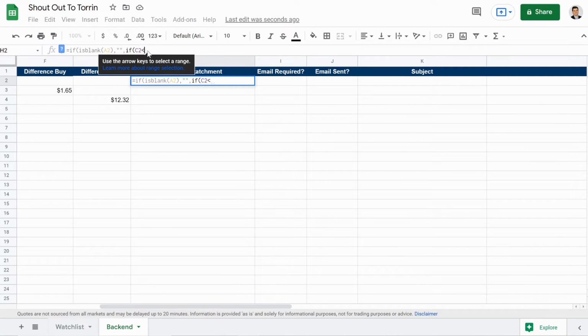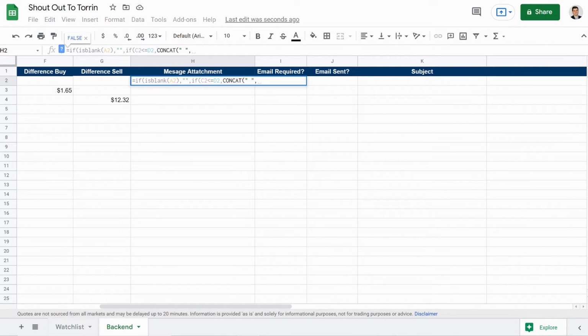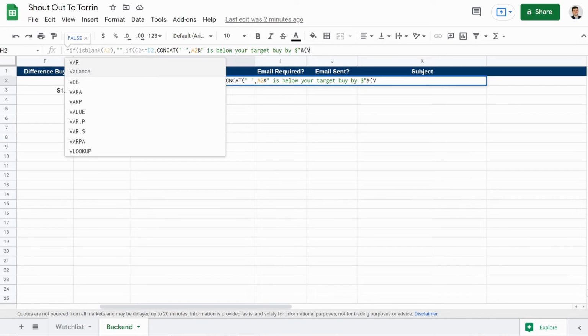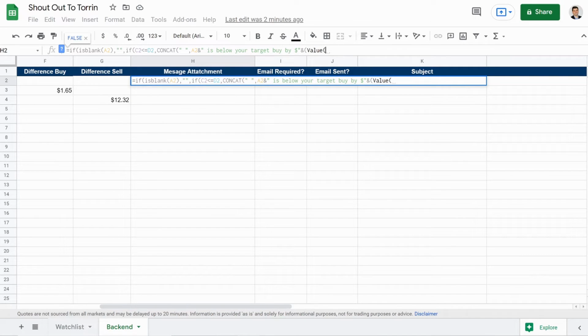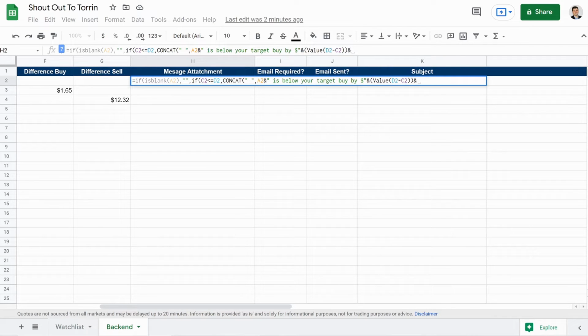Once we're at C2, we want to do less than or equal to D2, comma, CONCAT. So we've learned about CONCAT before. Quotations, parenthesis, quotation, space, quotation, comma. You want that space in there, okay? A2, and, comma, another space, you want that space here after the comma, is below your target by $, quotation, hit the and again, open parenthesis, VALUE, open parenthesis, D2 minus C2, close, hit and, quotation,